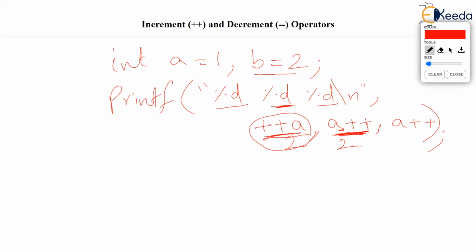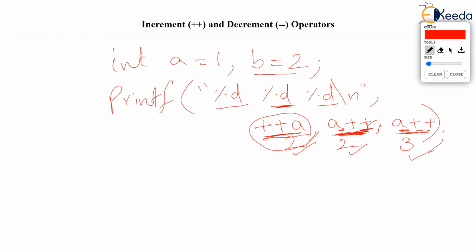So the beginner would then move to this portion. What is the current value of A now? Remember, due to this expression, A has become 3. So when you come to this expression, A is already 3, but this is postfix, isn't it? So 3 will be printed, the current value of A, and after that, A will be increased by 1. So A will become 4. And that's it. Then the beginner would say that the output is 2, 2, 3.